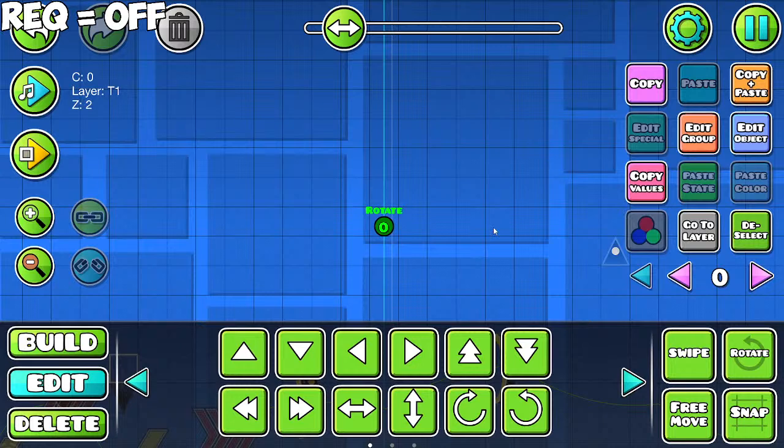The on-death trigger that doesn't work in the editor. The on-death trigger works in the editor. I'm pretty sure. Anyway,